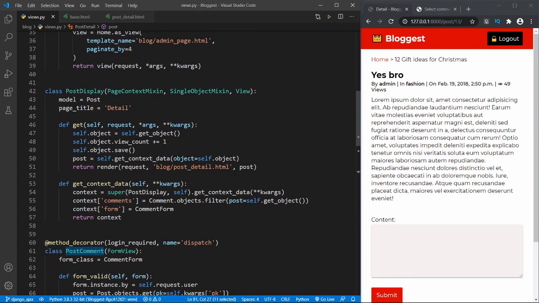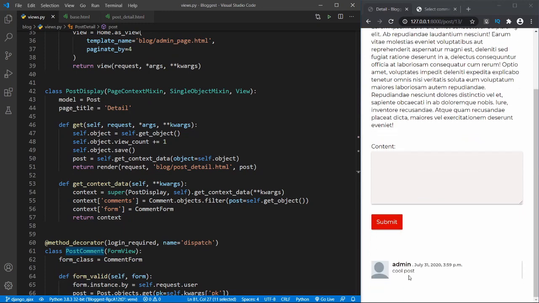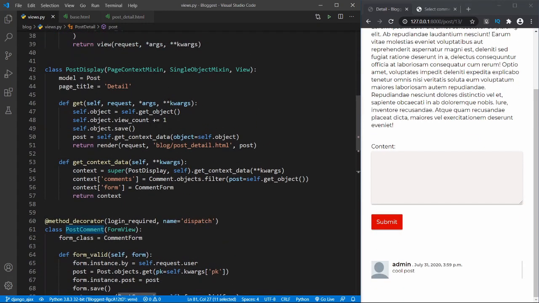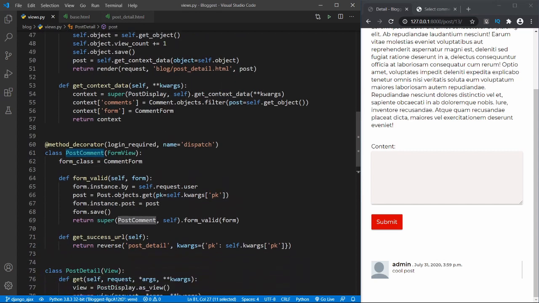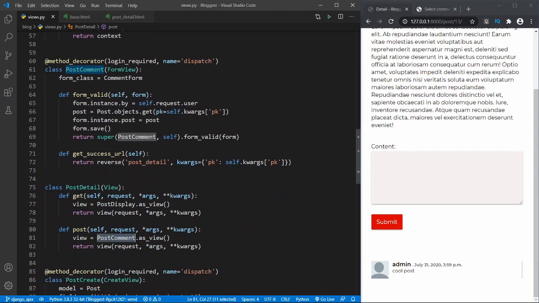It is just a view that returns a single post, the form, and the underlying comments. If you are familiar with class-based views, you would understand this code. Else, go ahead and watch my course. In this tutorial, we'll be working with the post comment form because this is the view that handles submitting the